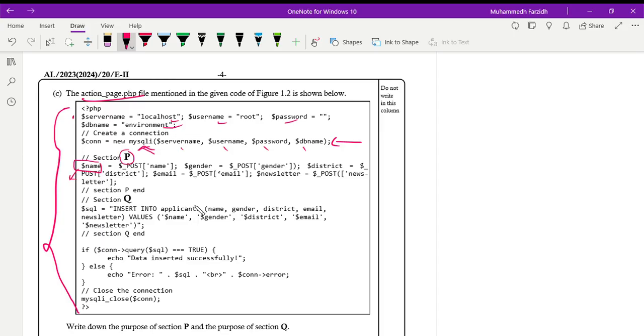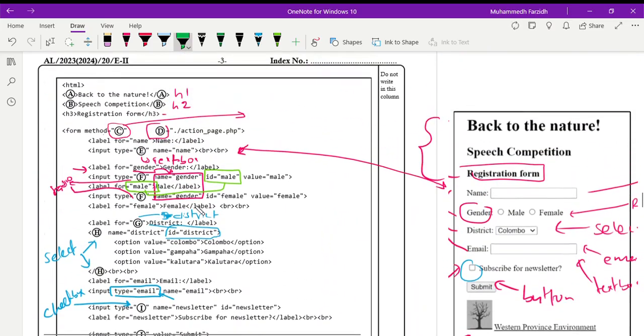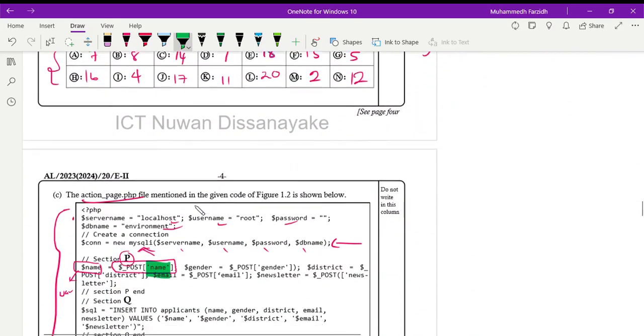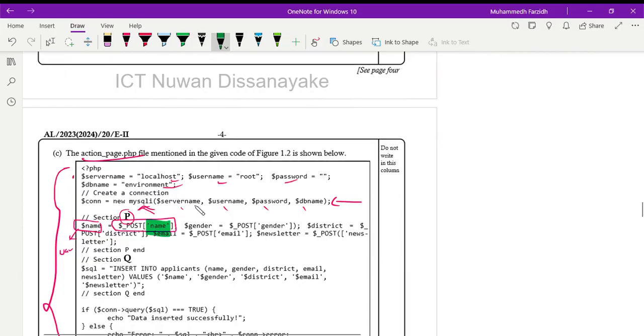So dollar name, it uses a dollar name, this section P. So it creates a variable and it uses the name which comes from that specific form. See this very carefully, boys. So this name is the variable that you gave under the name. So whatever you typed here, this section, it's gonna come and place it in this variable, because PHP has to deal with the variables, and you have to take the variable and put. So this is the method,